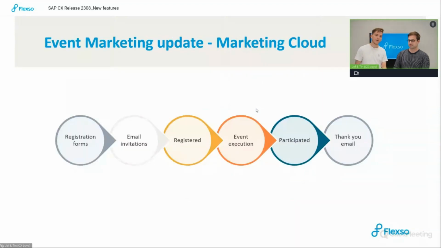As you might know from previous releases, in February the SAP team focused a lot on marketing events. You can now create marketing events manually. You don't need an integration anymore. And they've continued to work on that flow. I've displayed the flow for a marketing event, how to organize it. Typically, it starts with a registration form. You send out the invitations via email. People register via the form. You host your event, you fill in the participations, and afterwards you send out a thank